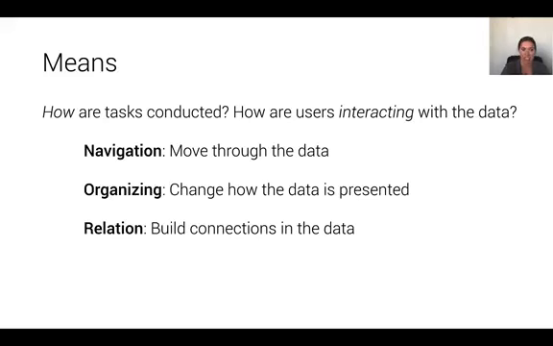Finally, we have a relation. When we're building relations, we're trying to connect the data. So we're trying to figure out what are the relationships that emerge amongst different facets of my data. So think about this as doing something like comparison. We might compare two groups of data points to look at their distributions or to look for outliers or to assess similarity. We can also discover relationships between variables, things like understanding whether two particular dimensions of our data set are correlated. And this idea of trying to build these connections, build these relations, finding, for example, where similar data points are across multiple charts, takes us directly into the next aspect of tasks that we would want to characterize in a task elicitation,